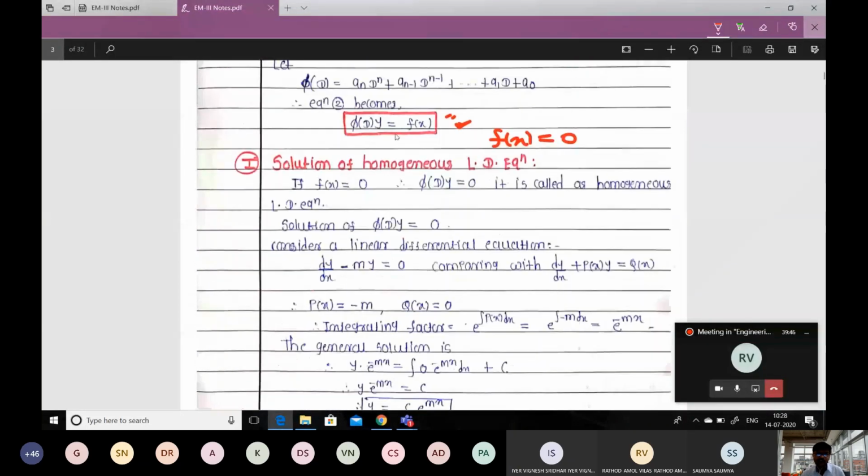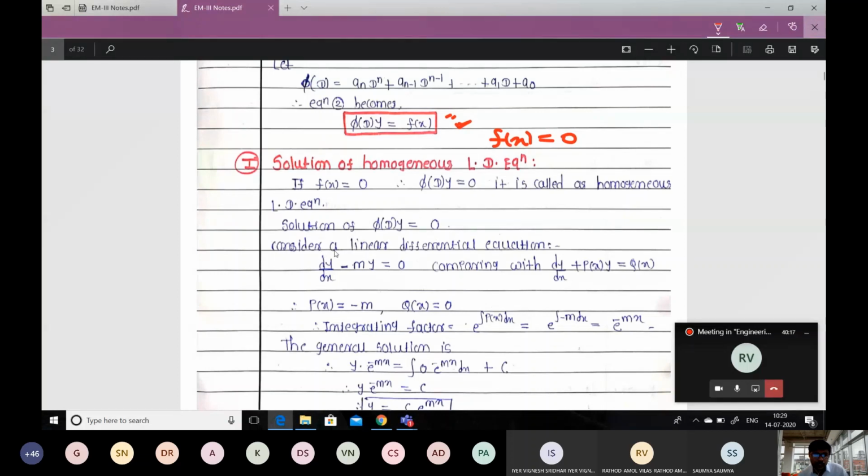Okay, so first we are going to find the solution of only the homogeneous differential equation, and later we will study how to find the solution of a non-homogeneous differential equation. If f of x is not equal to 0, in that case the differential equation is referred to as a non-homogeneous linear differential equation with constant coefficients. But in the first case we are going to study how to solve a homogeneous differential equation with constant coefficients. So homogeneous means the right hand side has to be 0.